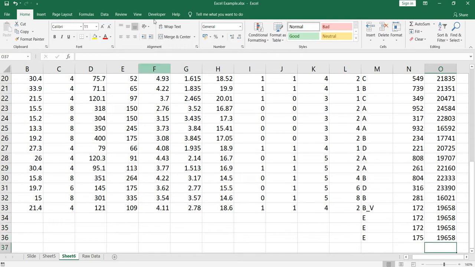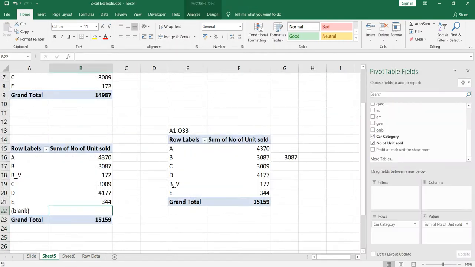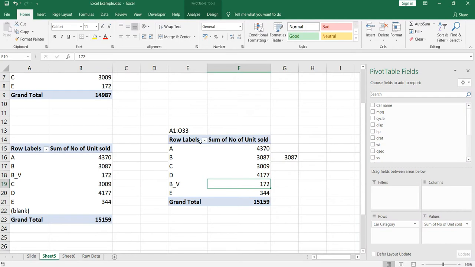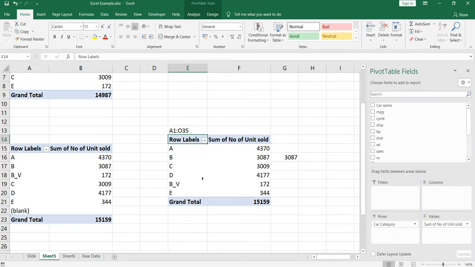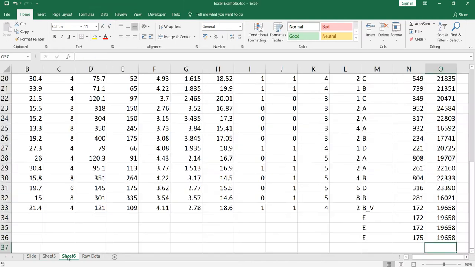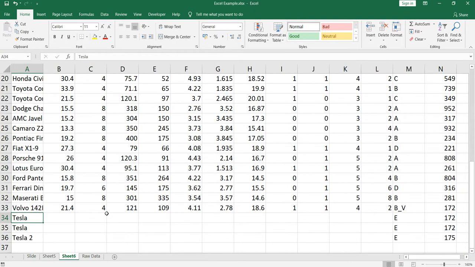Now what do you think should happen? Does this pivot table, where we first had range A1 till O33 and then updated the range to A1 till O35, show us this Tesla record which we had incorporated? And let's keep this category as E1. Will it show us the category E1?